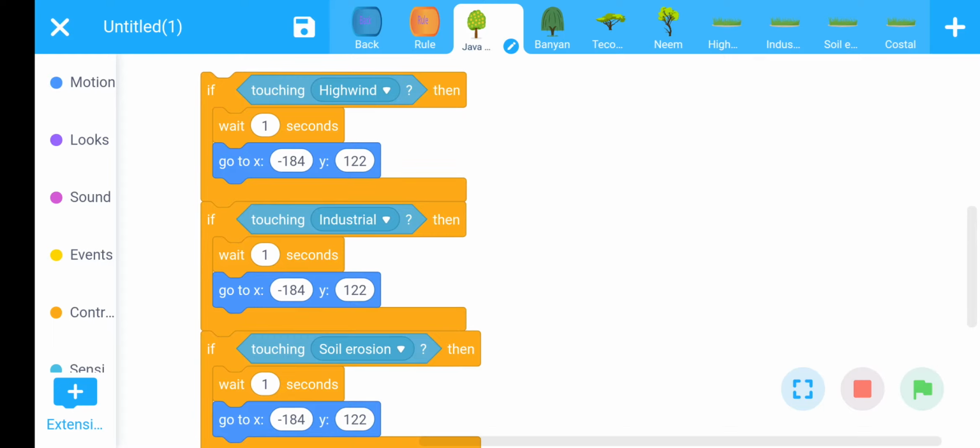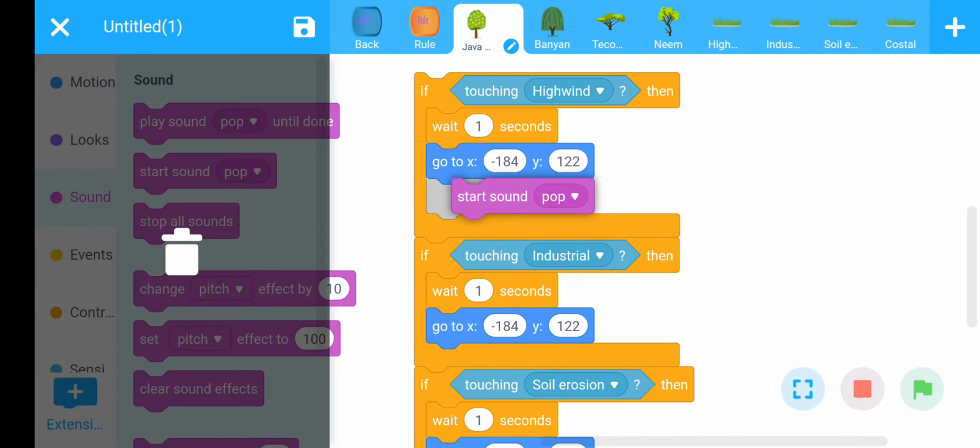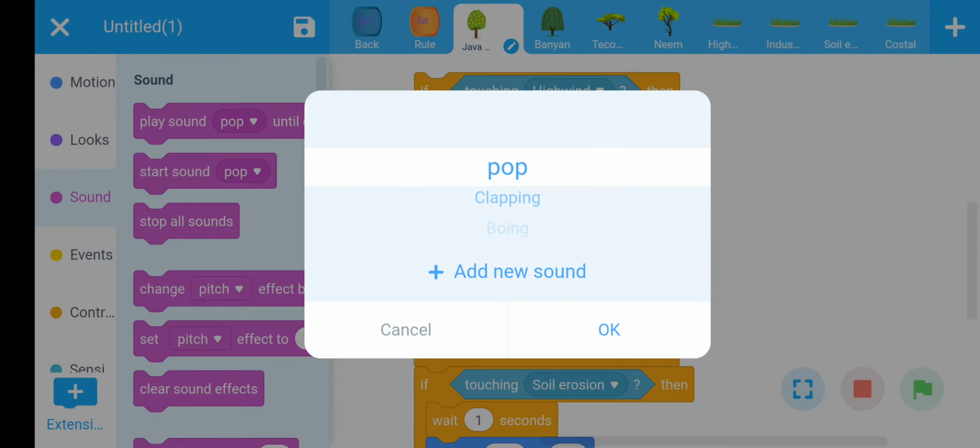Now I want to add an extra feature here that when I choose the right option, there should be a sound of clapping, otherwise there should be a sound of bong. To add the sound, click on sound option, add this command start sound pop. For the right option, choose clapping, this one clapping.